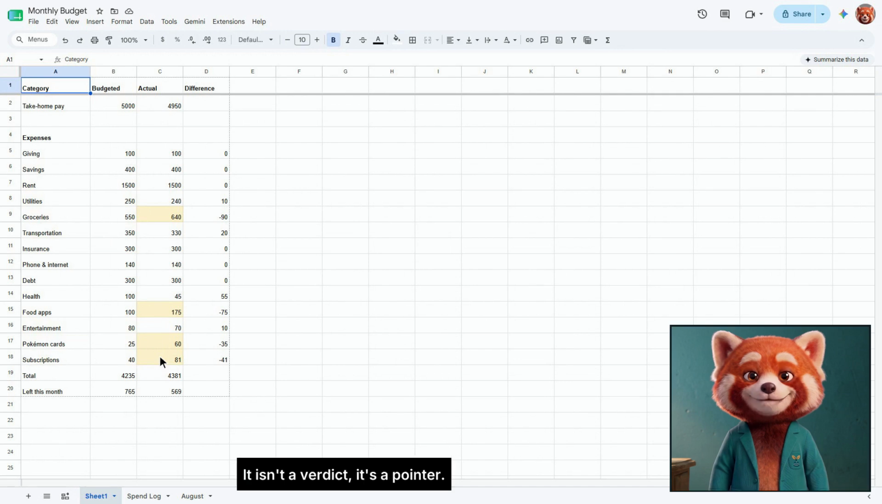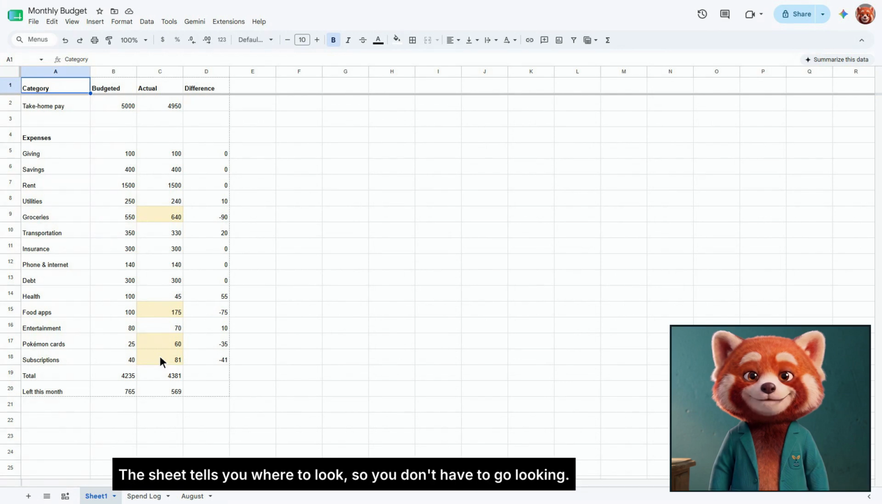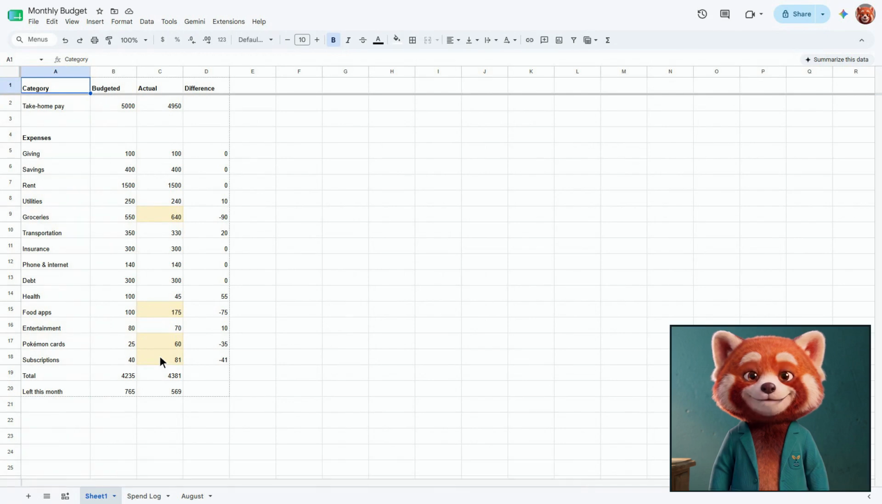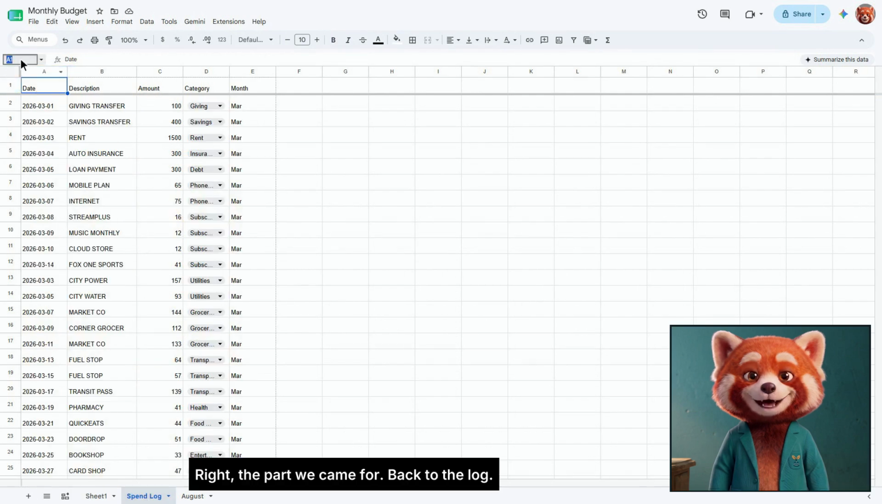It isn't a verdict, it's a pointer. The sheet tells you where to look, so you don't have to go looking. Right, the part we came for. Back to the log, column F. Call it time seen, equals